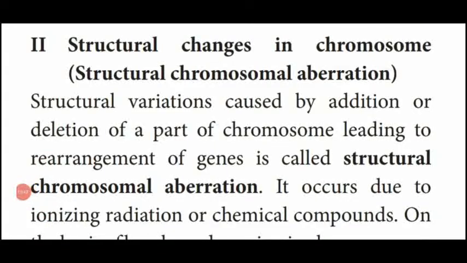Dear students, up to this we have seen changes in chromosomal number or ploidy, its types and the significance of ploidy. Also important is the first man-made, artificial cereal produced in the laboratory, known as triticale. Now we move on to the next type of chromosomal mutation, that is structural change in chromosome, or structural chromosomal aberration.